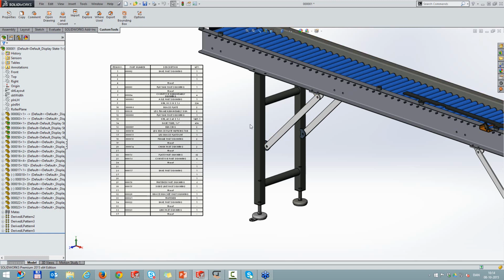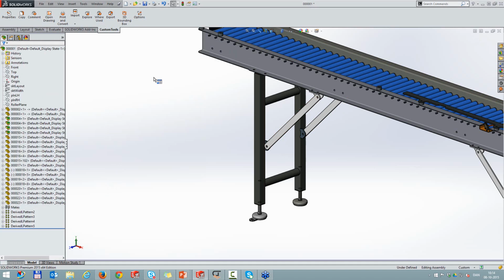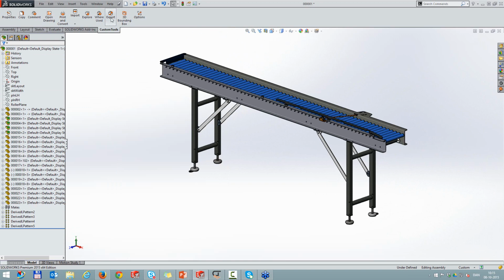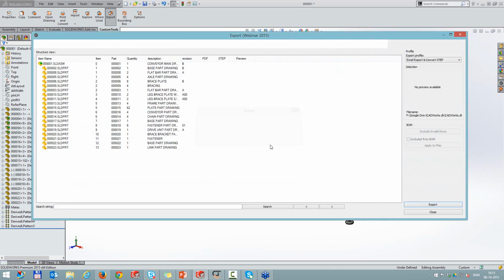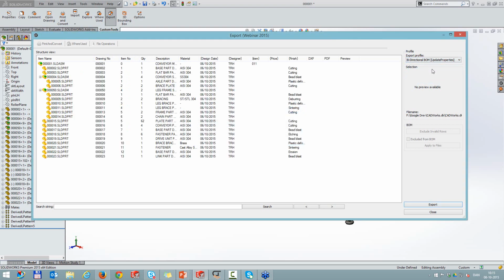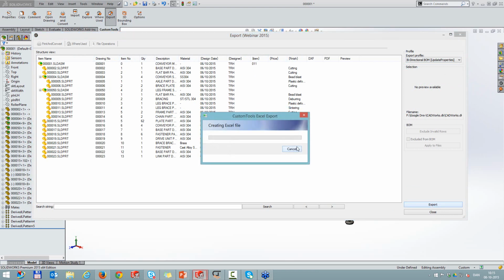So the final one that I'm going to show from inside SolidWorks is the bidirectional link. So I'm just going to remove that one because we really don't need that at all. I'm going to run one more export, and this time I'm going to export into a bidirectional file. So again, these columns can be fully customized. You can select from the options and the export profile what to include in the Excel file that you're creating. So I'm just going to run this export.